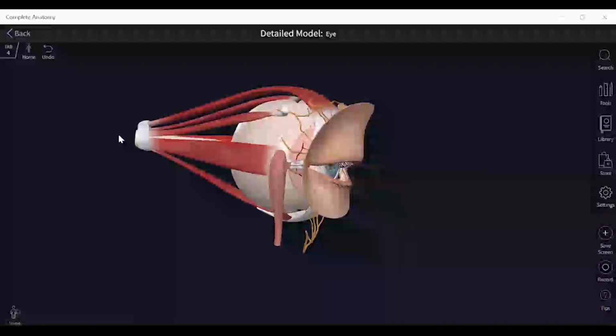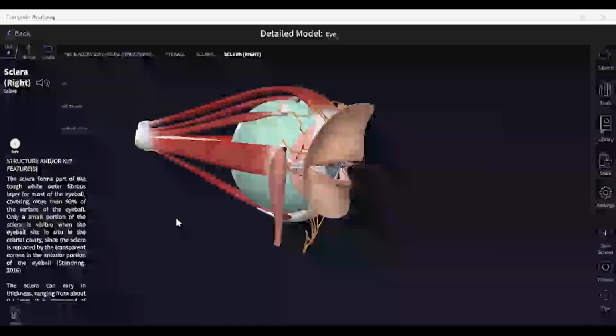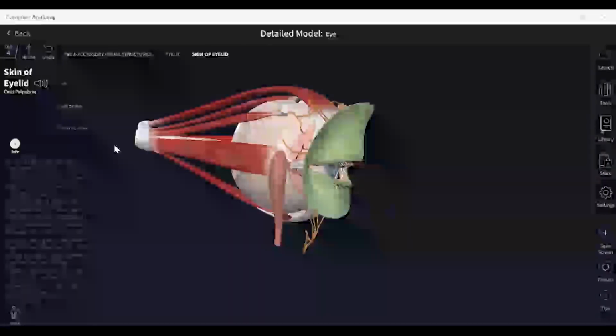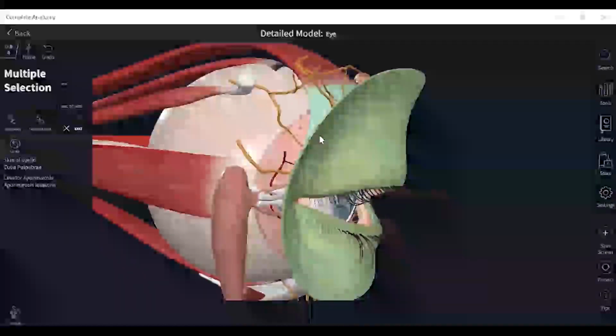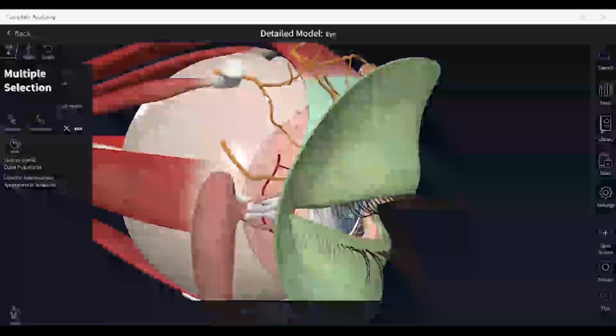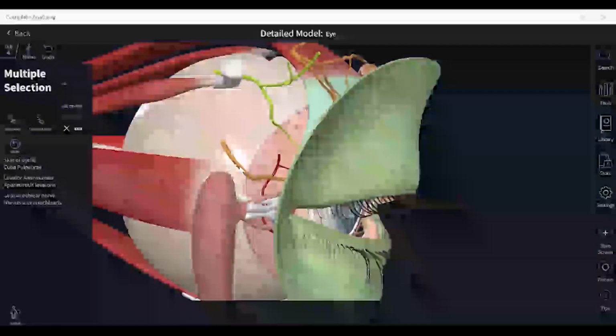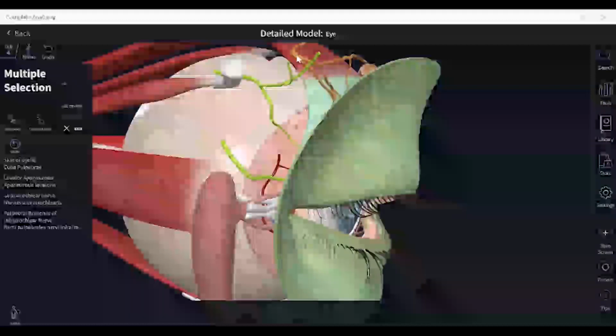Here there is an option where we can go layer by layer. So what I will do, I will hide these structures which are most anterior, and they obstruct the closer view for the deeper structures. So I'm just trying to remove them.